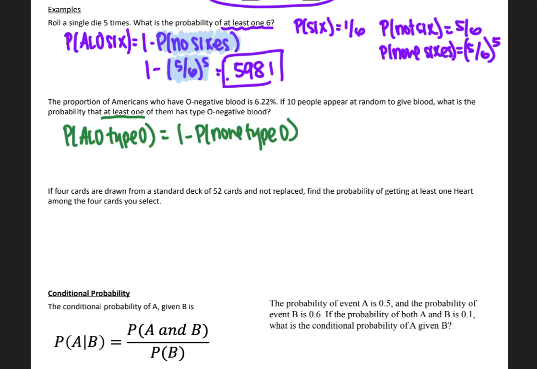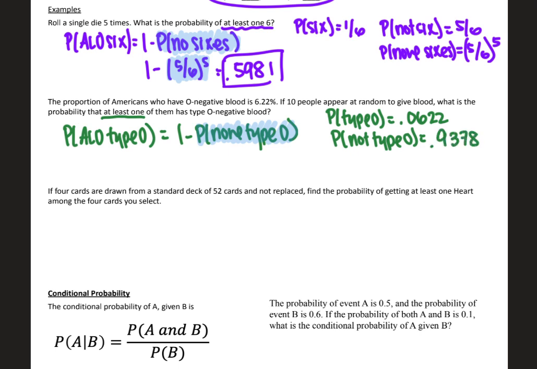And remember that the probability that we have to calculate is the probability of none. Well, the probability that they give us is the probability of someone having type O blood, which as a decimal is going to be 0.0622. So that means the probability of someone not having type O is 1 minus 0.0622. So 1 minus 0.0622 is 0.9378. And then since we're looking at 10 people, we know that the probability that none have type O blood